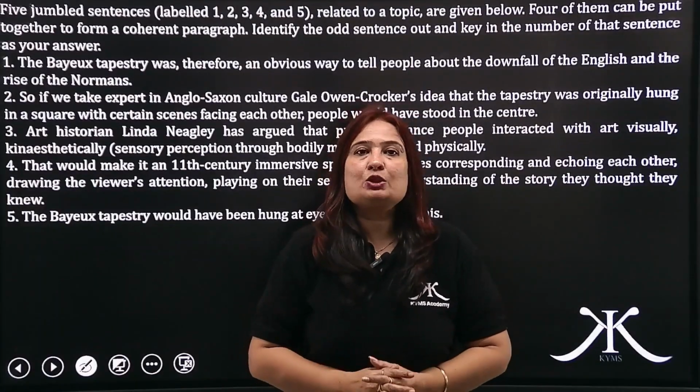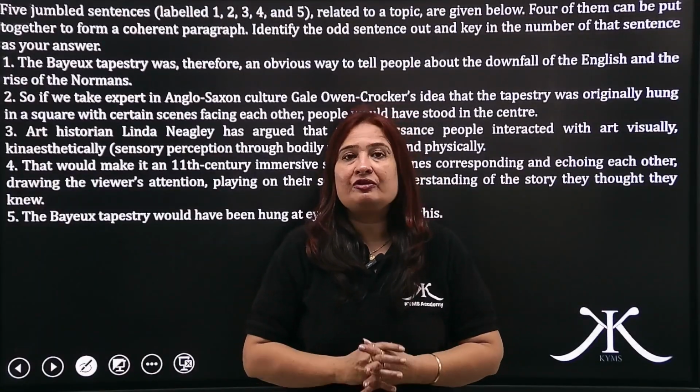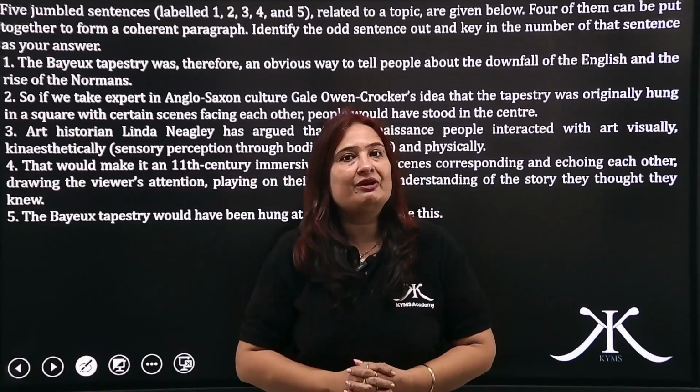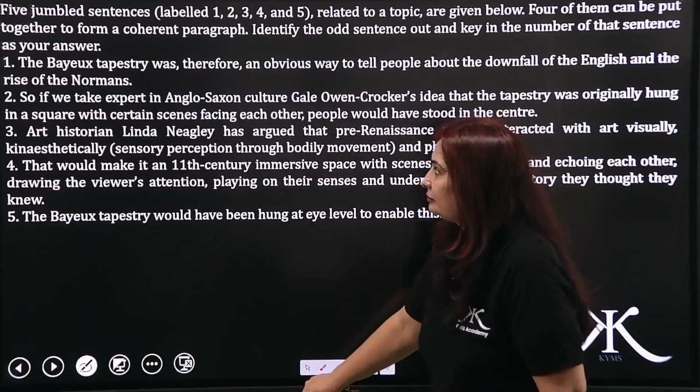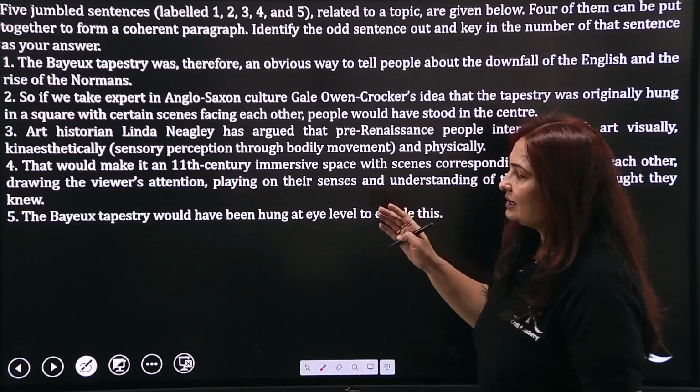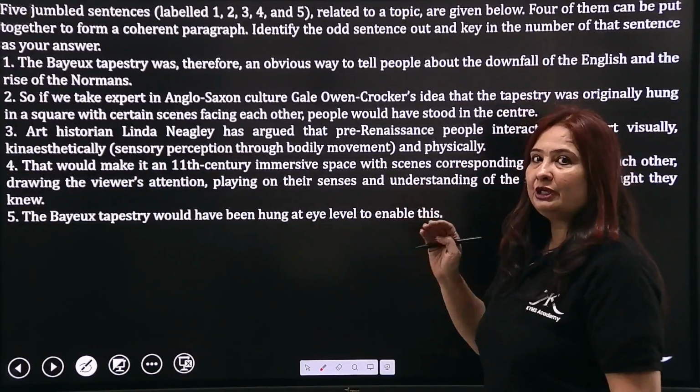Hello everyone, this is a question of para-jumbles odd one out from the verbal ability section, CAT 25 slot 1. Five sentences, one is going to be the odd one out, which means it is not going to be